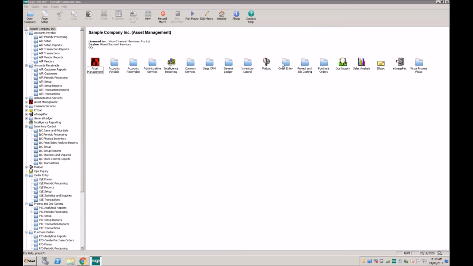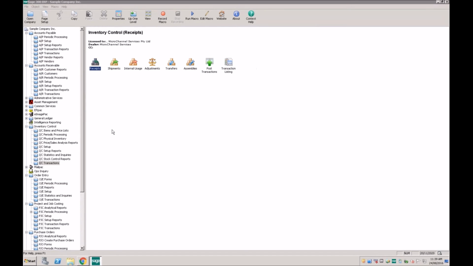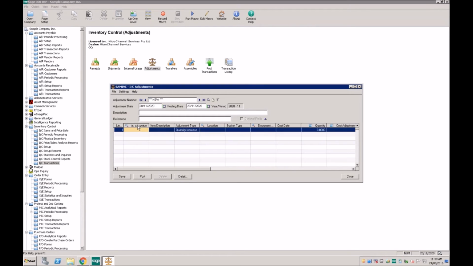I'm going to go back into inventory control because that's where most of this session is devoted to. And I'm going to look at IC transactions and transfer. Actually, I'll look at adjustments first. I just want to quickly explain. Some people get confused by the choices available in the adjustments screen. So I always like to point out,